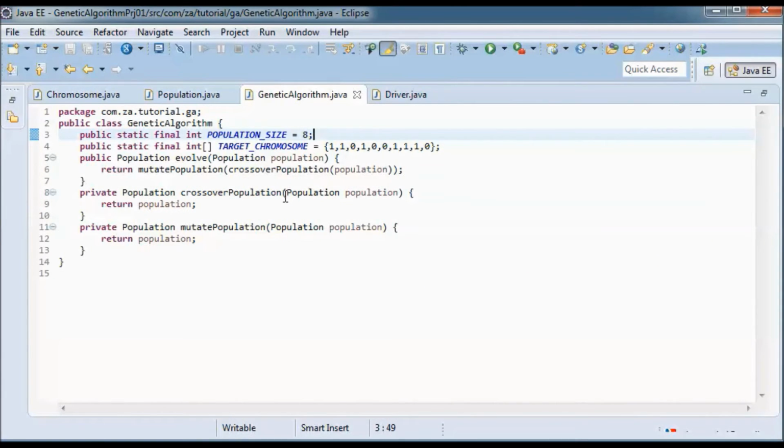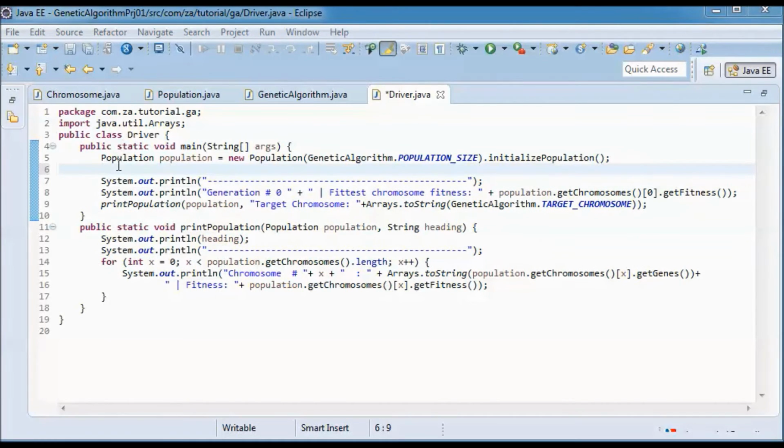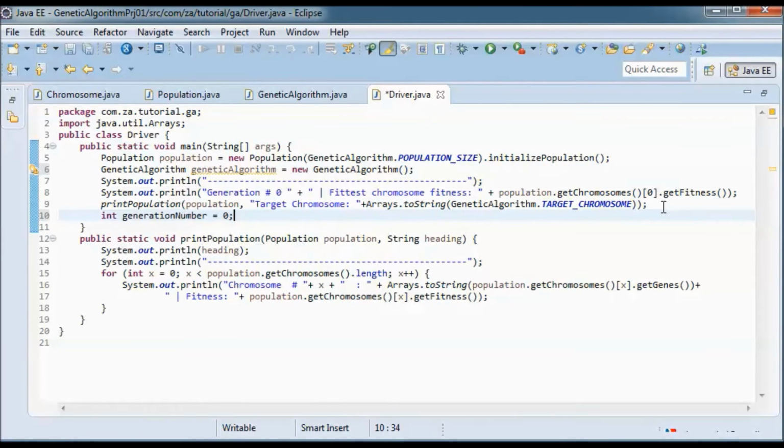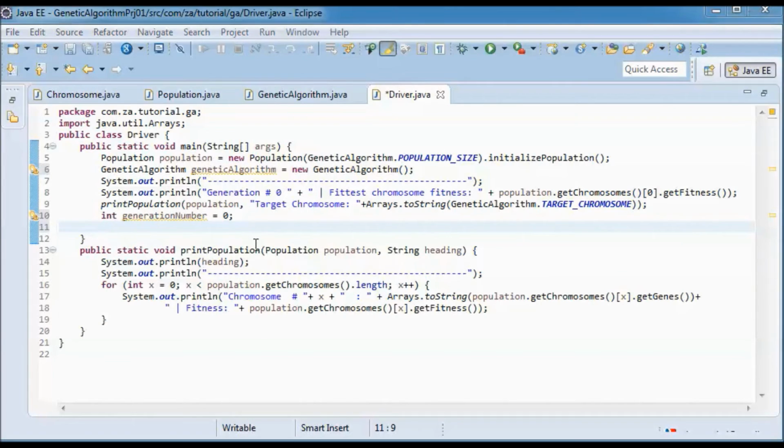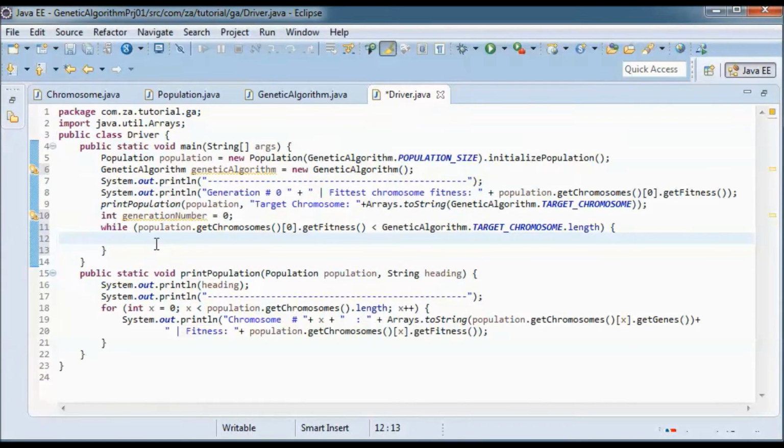And now let me go ahead and instantiate a genetic algorithm, and define this int generation number, and have a while loop that checks the fitness of the fittest chromosome in the population against the fitness of the target chromosome, and goes to a next generation if we haven't reached this fitness yet.